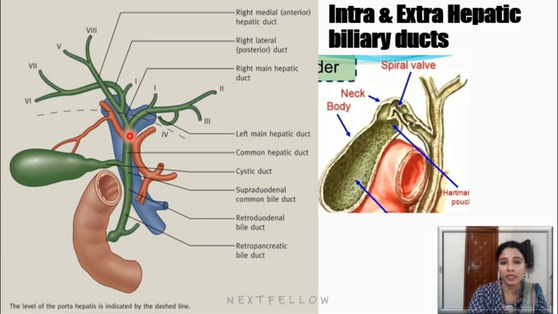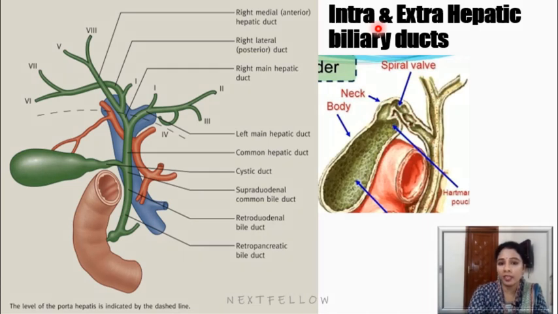This common hepatic duct is joined at an acute angle by the cystic duct to form the bile duct. The cystic duct drains from the gallbladder. The mucosa of the cystic duct is arranged in a spiral fashion, containing spiral folds because of the mucosal foldings. These spiral folds with a core of smooth muscle are known as the spiral valve or valve of Heister, which keeps the cystic duct always patent.